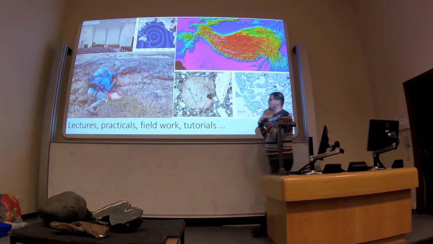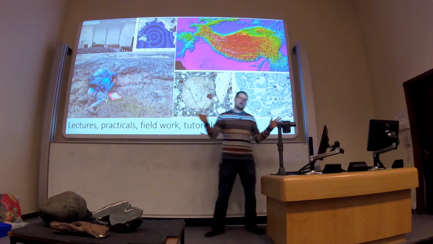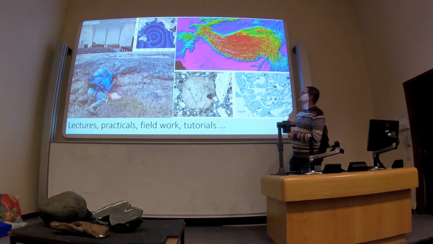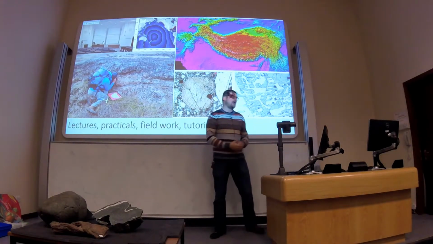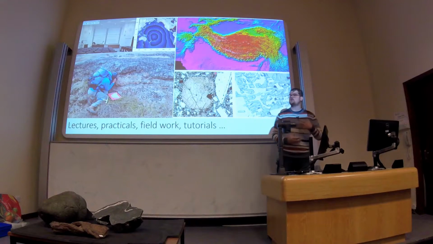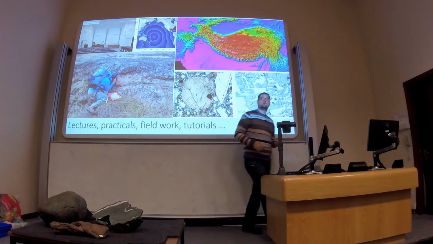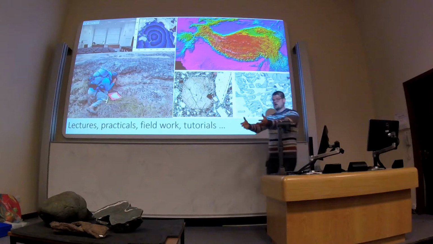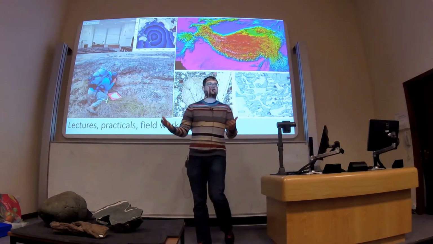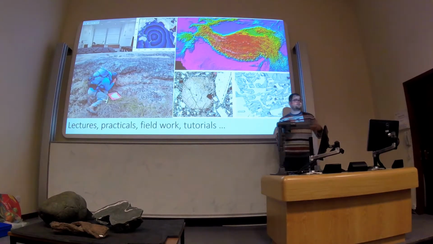Okay, so when you decide if you want to come to university at Edinburgh, or other universities are available, the kind of things that you'll be doing as an earth science degree will be very similar to any other science degree. So you'll have lectures, we will sit in a lecture theatre much like this, and have a bearded old white guy speaking to you, and furiously taking notes. You'll do practicals, which will involve actually looking at samples, or doing some chemistry in the lab, or taking some physical data and doing some processing of that data.